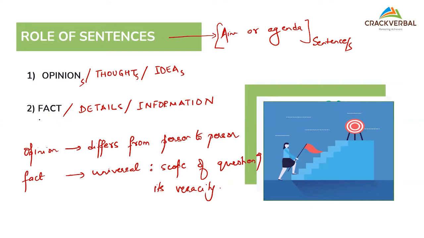For example, today is Saturday. Today is Saturday is a fact. So suppose I say today is Sunday, you can question my veracity and you might get an answer in yes and no. But if I say today is a beautiful Saturday, you can't question me why the Saturday is beautiful for me, right? It is my opinion. It differs from person to person. It is my judgment. So opinions are nothing but, in simple terms, judgments of the writer. Clear with this, everyone? I hope this makes sense. What is the difference between an opinion and a fact?